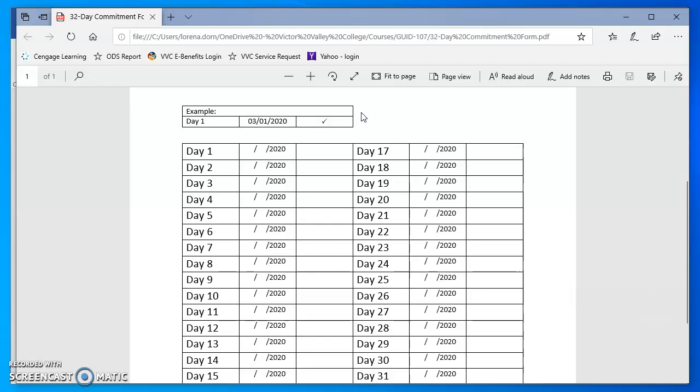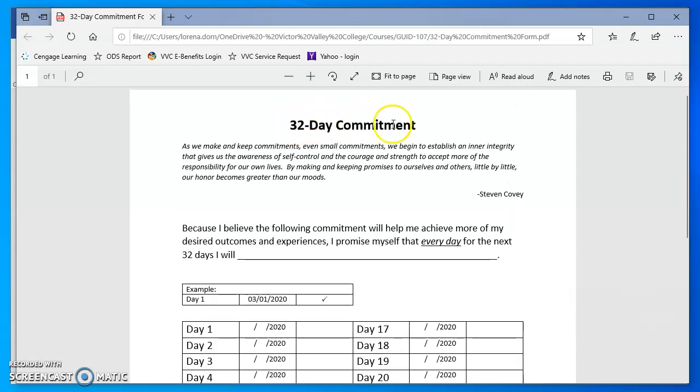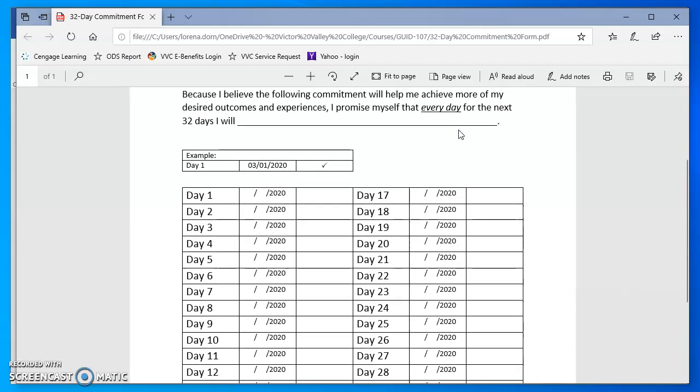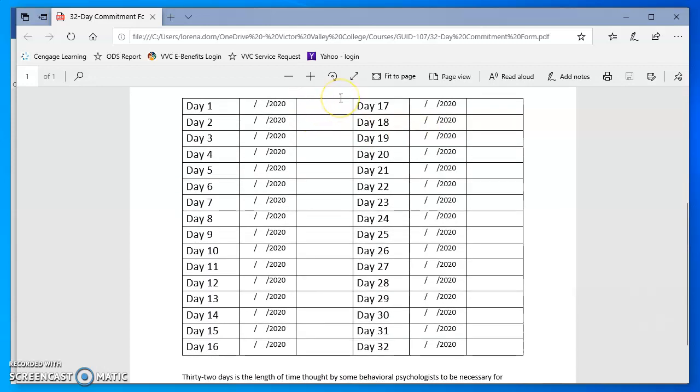And then what you need to do, what's super important, is you need to remind yourself of it every single day. So this 32-day commitment form needs to go somewhere in your house. You need to physically print it out and put it somewhere in your house where you're going to see it every day. Maybe on your nightstand, on your bathroom mirror, on your refrigerator, just somewhere where you'll be reminded in the beginning of the day of your commitment so you don't forget to do it. And you'll be reminded at the end of the day to check off whether or not you did that action.